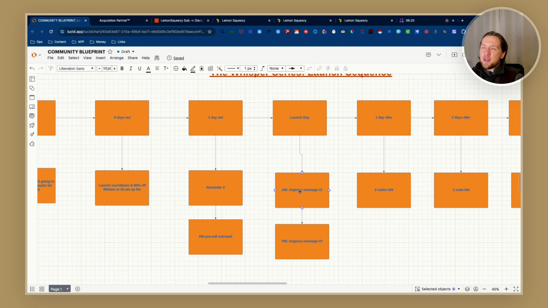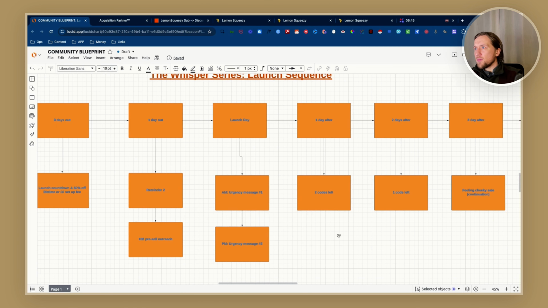You're actually sending out messages on the day, and what we recommend doing is one in the morning, one in the afternoon, saying, look, already 8 people out of the 10 have used those codes. Now it's 9. So you just want to keep reminding everybody that these codes aren't going to be live forever. They are launch discount codes, only available to you guys who are early movers, and after that, once they're